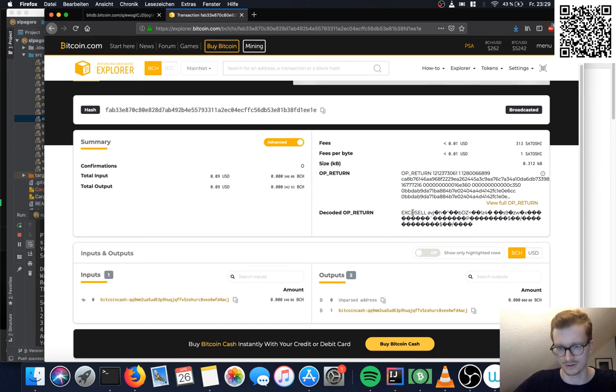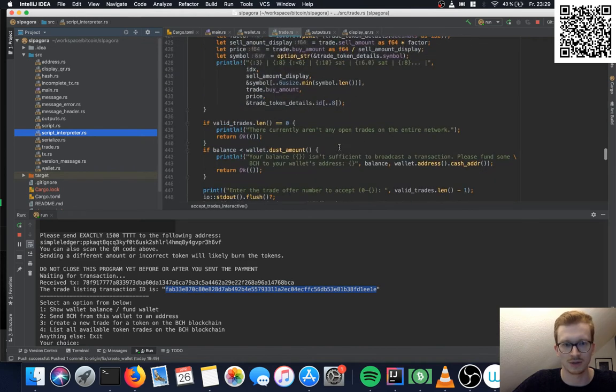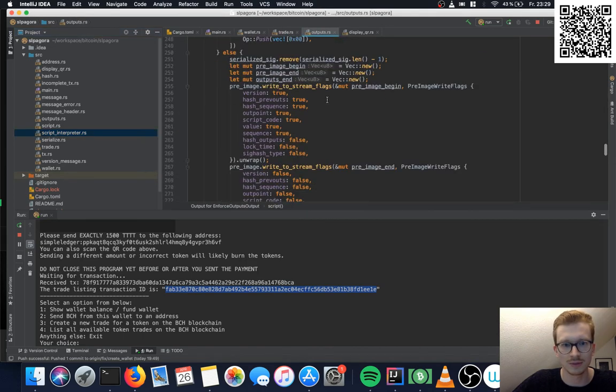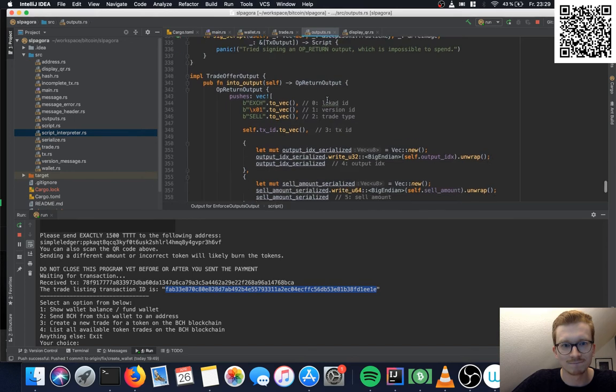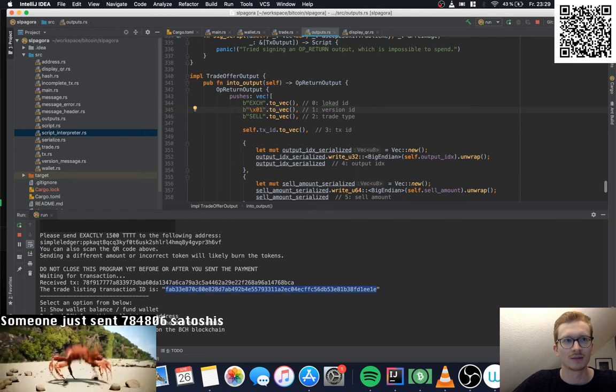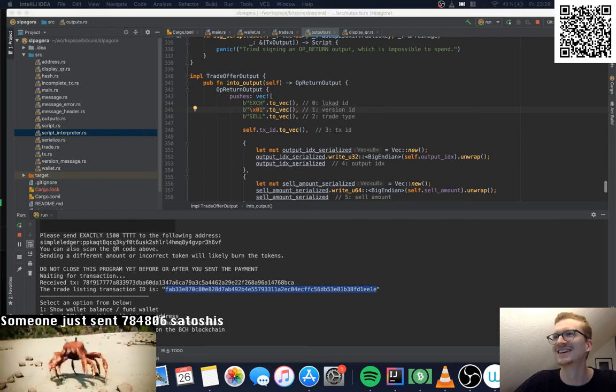The first 4 bytes in an OP return are called the lokad ID, and SLP basically has SLP 0, and this has exchange, EXCH, which is basically a new type of OP return output. Then it has a version, which is currently 1.